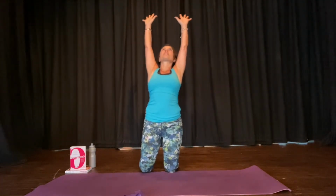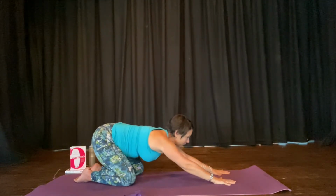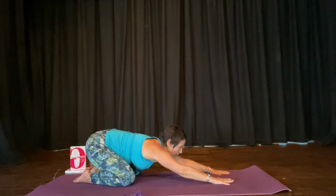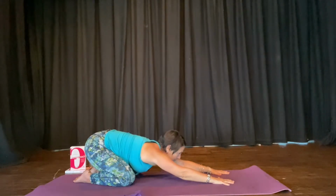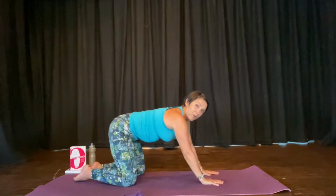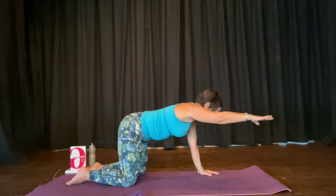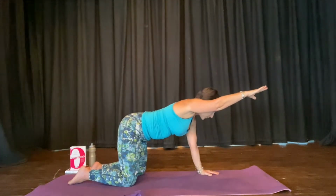Lift the arms to the ceiling, to the sky. Come forward. So turn side on your mat. So knees and feet are on the mat, and stretch your arms forward nice and long. Reach those fingers further forward. Good. So bring your hands under your shoulders, your knees underneath your hips, and take the front arm forward and